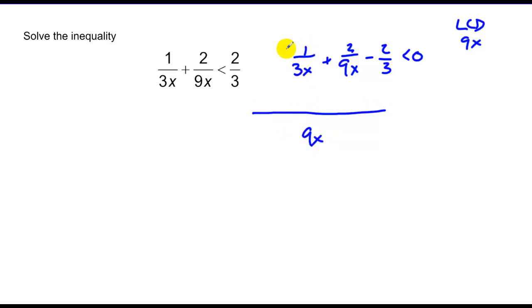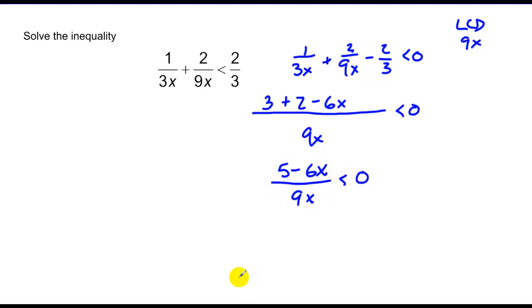This first term needs a multiplication of a 3. Second term needs nothing. Third term needs a multiplication of a 3x. So cleaning it up, I have 5 minus 6x over 9x